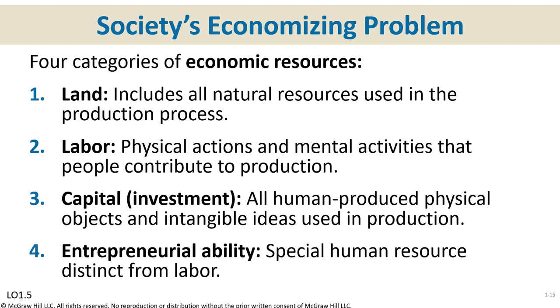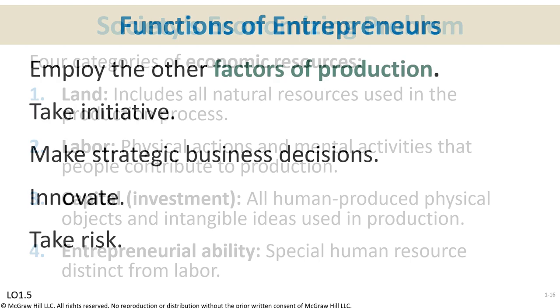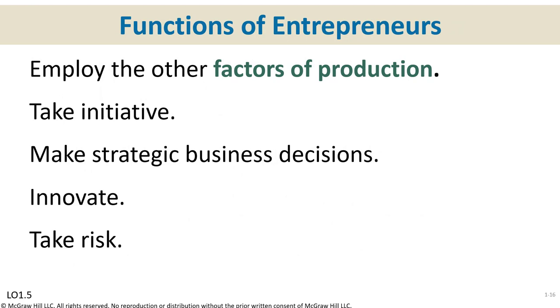Last, entrepreneurial ability. Doesn't mean you're working for yourself. It refers to someone who's more of a risk taker, who's willing to go outside the norm, think outside the box. So these are all considered factors of production. The first three have been around for a while. Economic books recently have been adding an entrepreneurial spirit because it makes a difference. Again, we already talked about all things being equal. Well, somebody who might see an opportunity where others don't will probably figure out a way to take advantage of it.